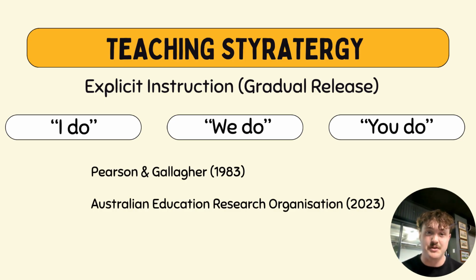I selected this approach because complex sentences contain several pieces of information that students need to coordinate simultaneously. They need to identify clauses, understand whether those clauses can stand independently or dependently, select an appropriate subordinating conjunction, and then combine the ideas into a grammatically correct sentence. Rather than presenting all of these at once and then expecting the students to discover the pattern themselves, explicit instruction allows them to break the learning into smaller steps, modeling thinking and providing guided practice before independently applying